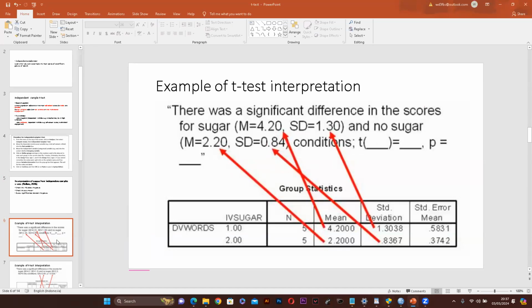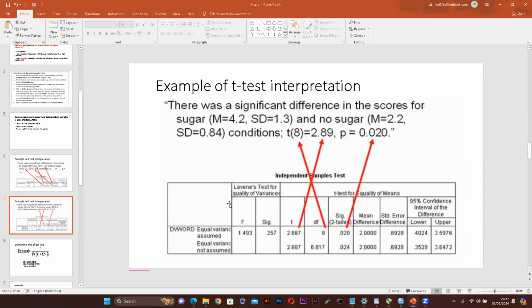And then after that, you write the t value. The t value is 2.887, and then the degree of freedom, df, is 58. After that, the p-value, just write the p-value here. So this is the way you write the statistics, the data from the SPSS output. SPSS only provides the mean score, standard deviation, t, degree of freedom, and significance value. It doesn't provide the